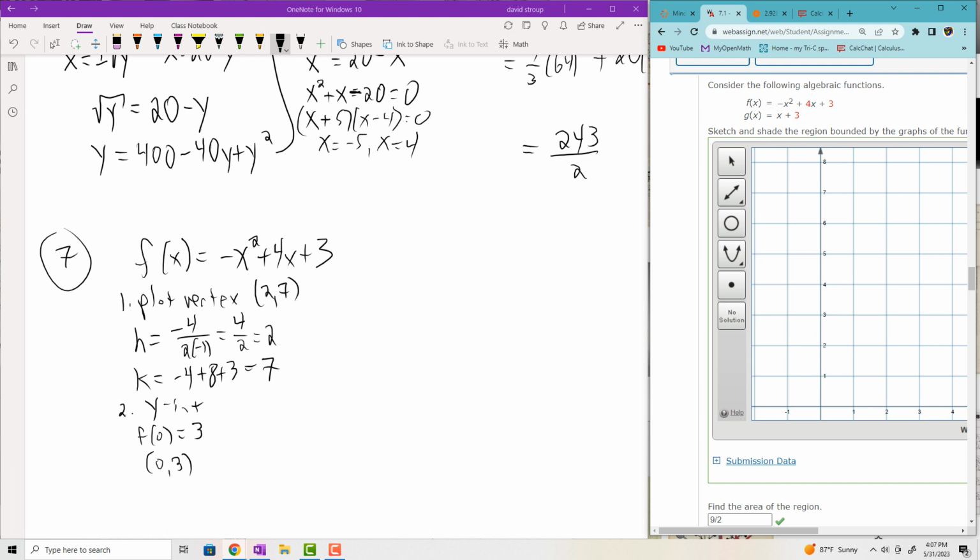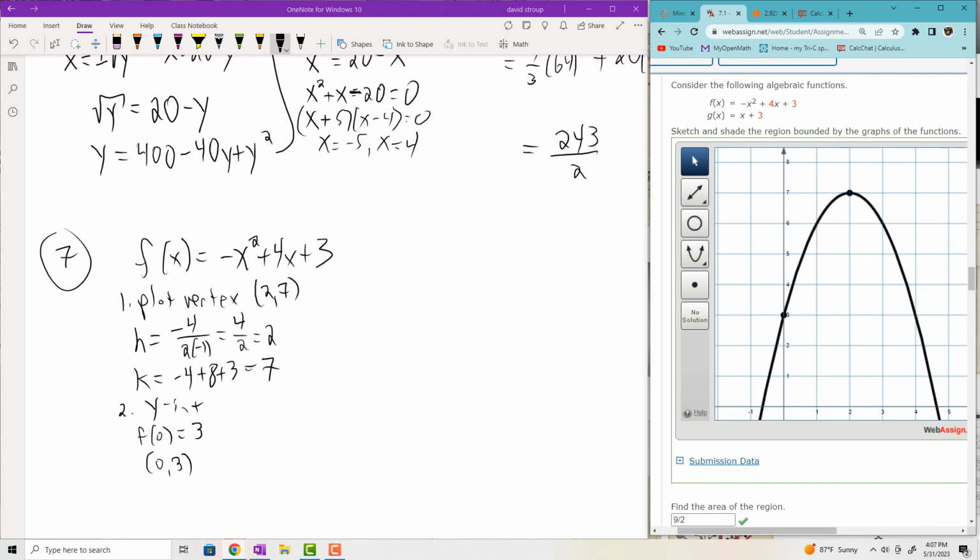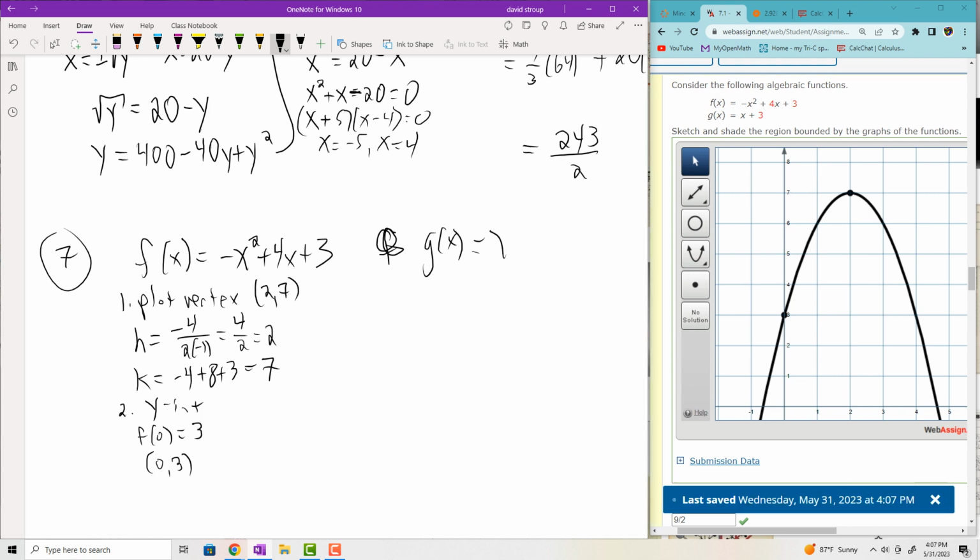But 2, 7, where the heck is that? So I'm going to click on my parabola button, 2, go up to 7, click there, and then I need one more point, so 0, 3, I decided, and then click off of it to make it go black, like that. Okay. All right, so for the second function, g of x, that's x plus 3,